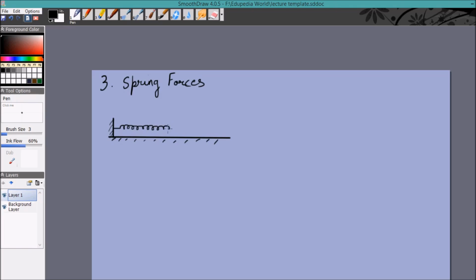There is a spring which I have attached, and there is an object. Let's call this length capital L. This is called the natural length of the spring. It is the length which a spring has if you just leave it on the table and don't apply any